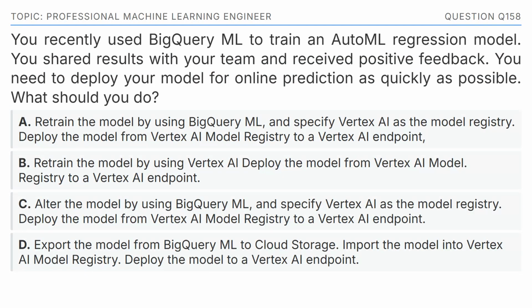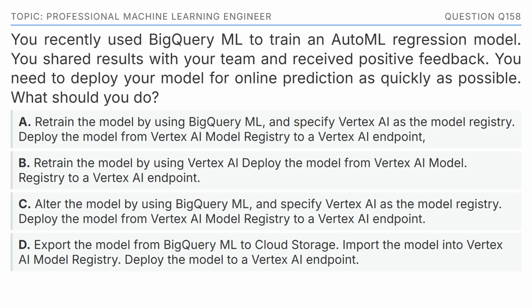You recently used BigQuery ML to train an AutoML regression model. You shared results with your team and received positive feedback. You need to deploy your model for online prediction as quickly as possible. What should you do? The options are: Option A, retrain the model by using BigQuery ML, and specify Vertex AI